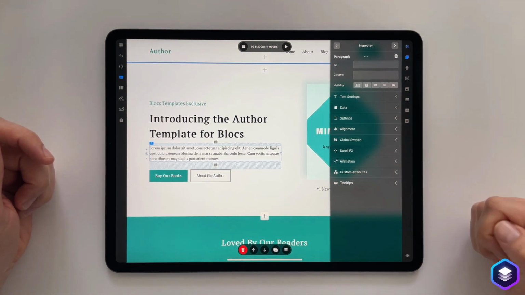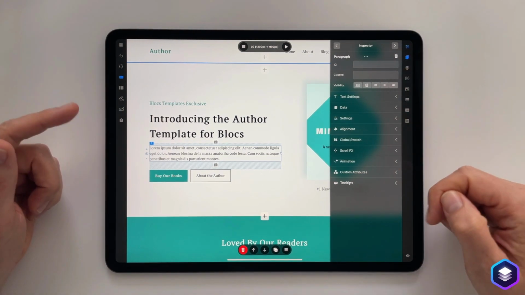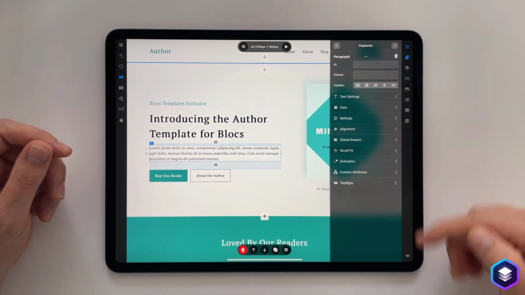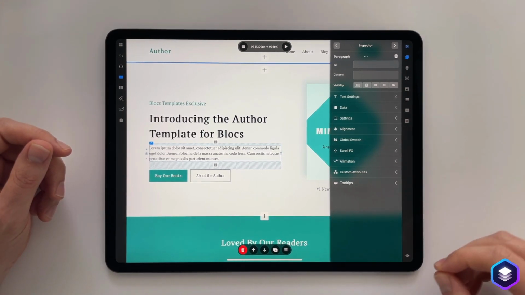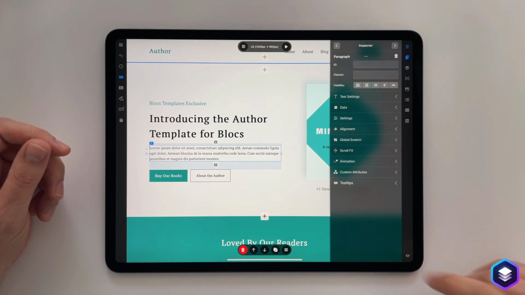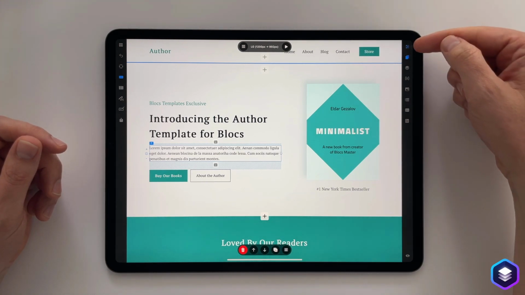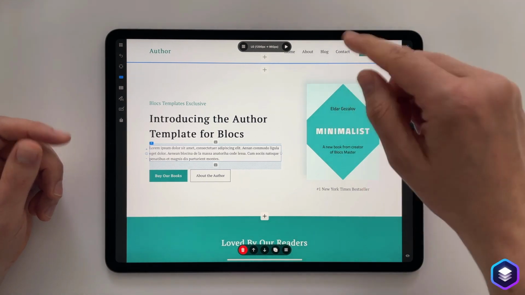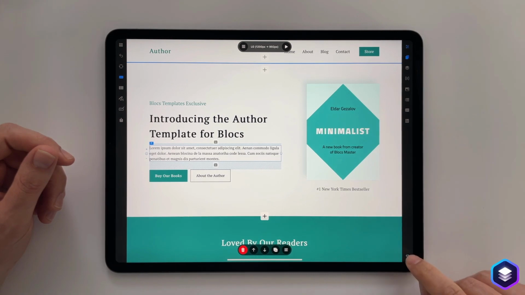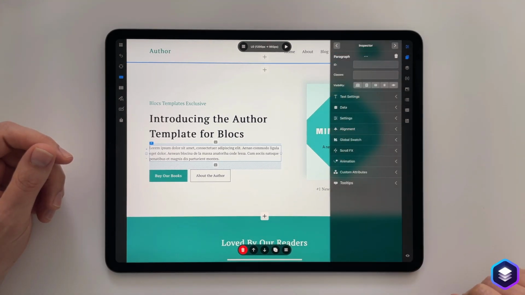And if I have a stack set on either the left or the right, or both, I can toggle the visibility of the stack with this small eye icon down here in the bottom corner. Touching that will hide the menus, but we can still see that these options are illuminated, so we can get access to whatever we need, and then we can quickly turn those back on again.